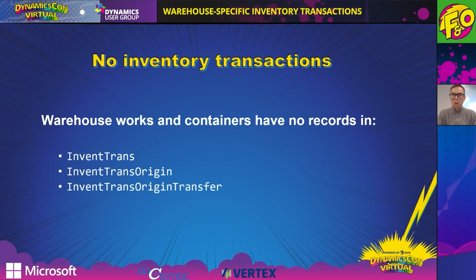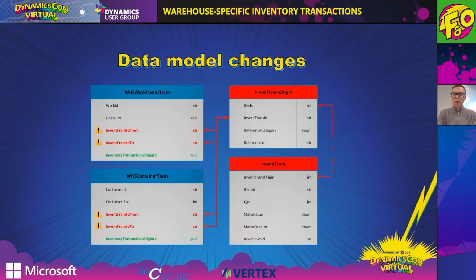What does it mean for you is the following. If you have some forms or reports or queries, any logic which reads and relies on the presence of those records, then you need to make some changes in those customizations. This diagram summarizes those changes. With red, we show the tables for which we don't generate records anymore. So no InventTrans records for the works and containers, but also note that there are two very special tables in